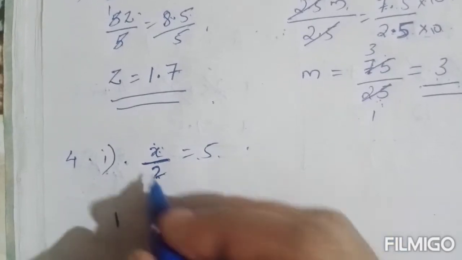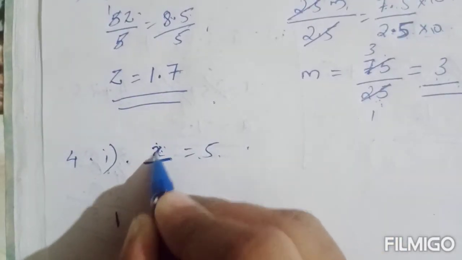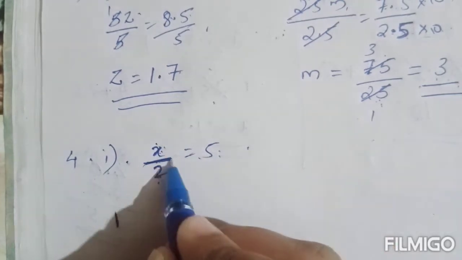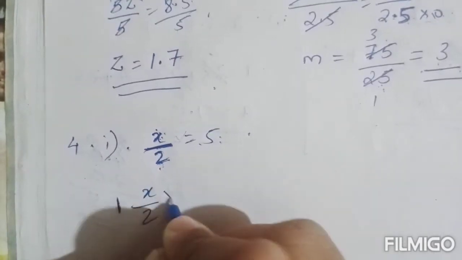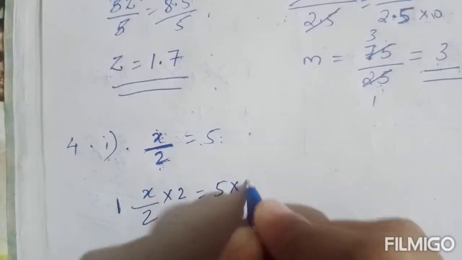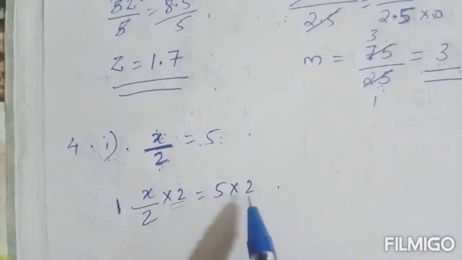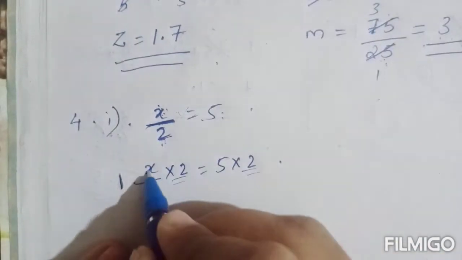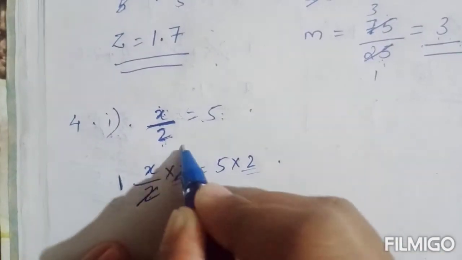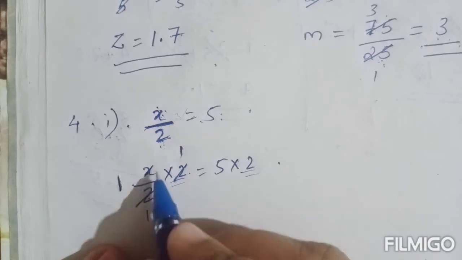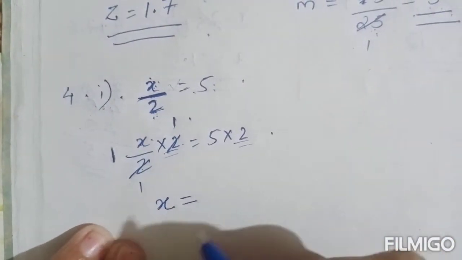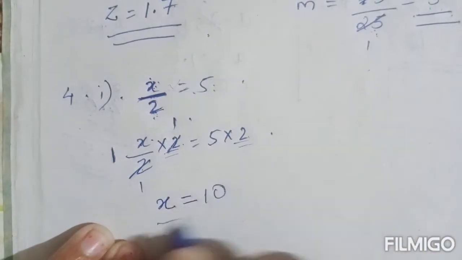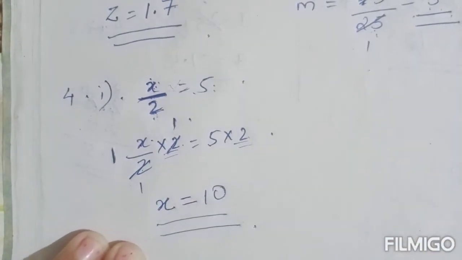So that rule we are applying here. In the question it is given x divided by 2 equal to 5. So divided by 2. So what to do? You have to multiply 2 on both sides of the equation. That is x by 2 into 2 equal to 5 into 2. Both sides you are multiplying by 2. Okay. Now x by 2 by 2, 2 you can cancel, it is 1. So x into 1 divided by 1, it will be x on the left side. x equal to 5 into 2, it is 10. So x equal to 10 will be the answer.